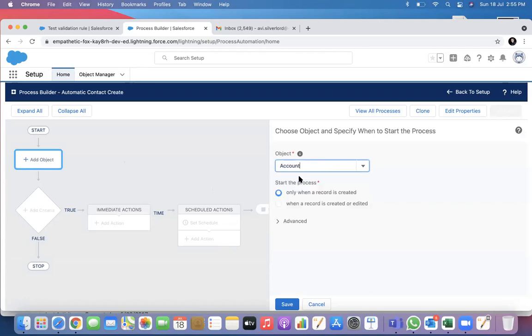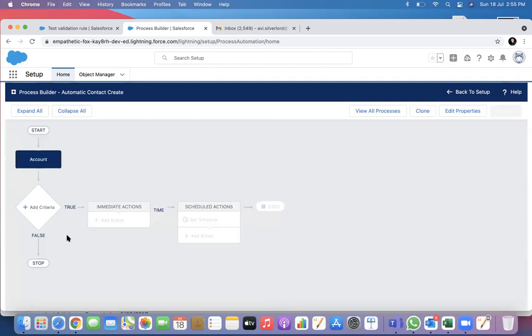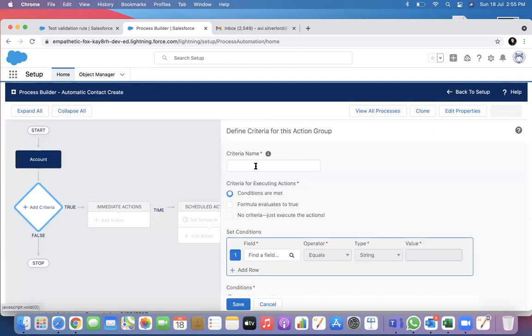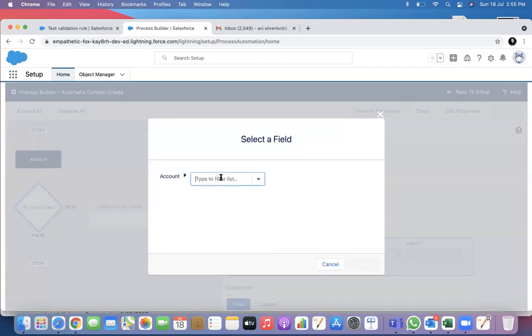When do I want this to be running? When the record is created or when the record is edited. So I will do it on create only, and I will save. What is the criteria? The criteria is active account. Only when the account is active will I create this. So let's select active.